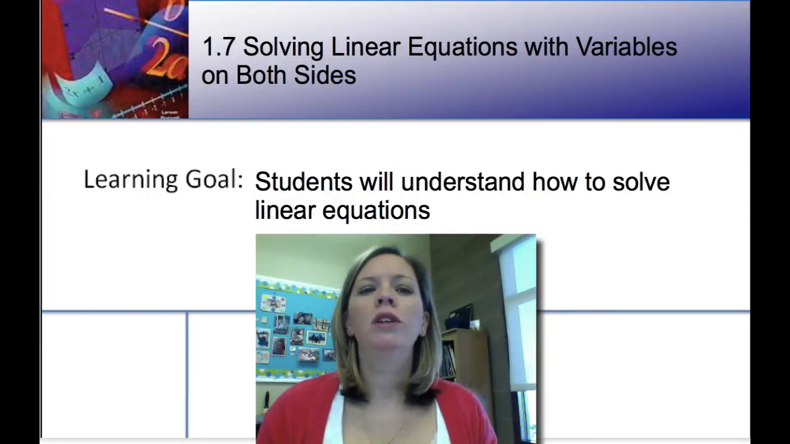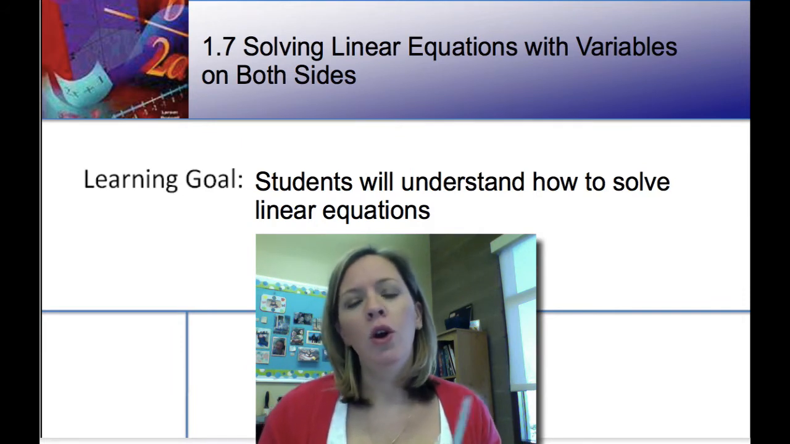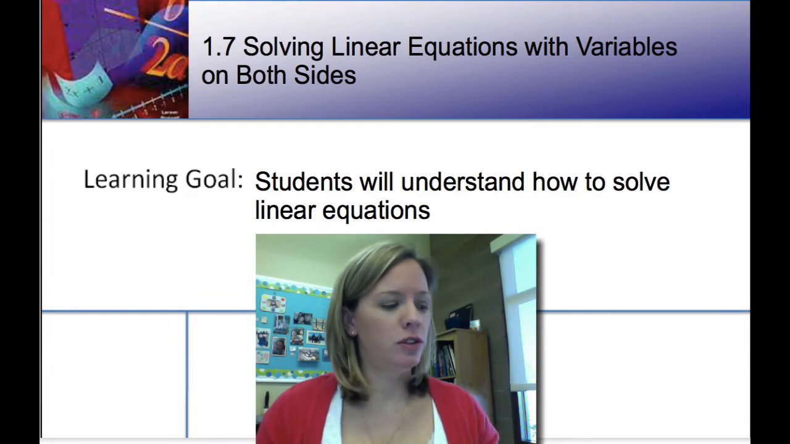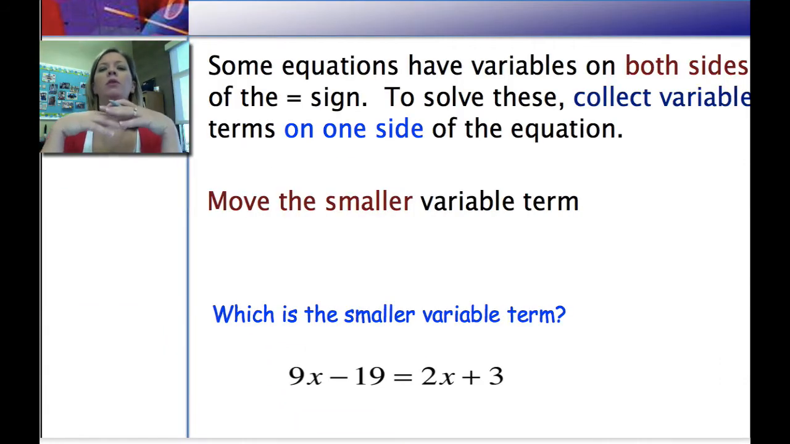In section 1.7, we're going to look at solving equations with variables on both sides. This is one of the last things that we need to do in our work solving linear equations. Some equations have variables on both sides of the equal sign. To solve these, we want to collect the variable terms on one side of